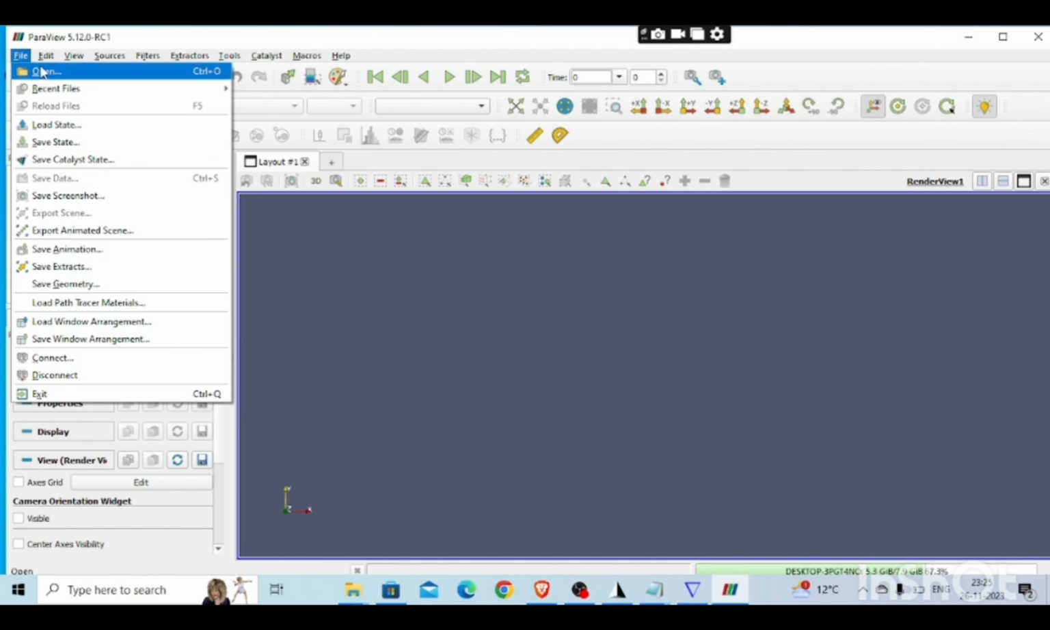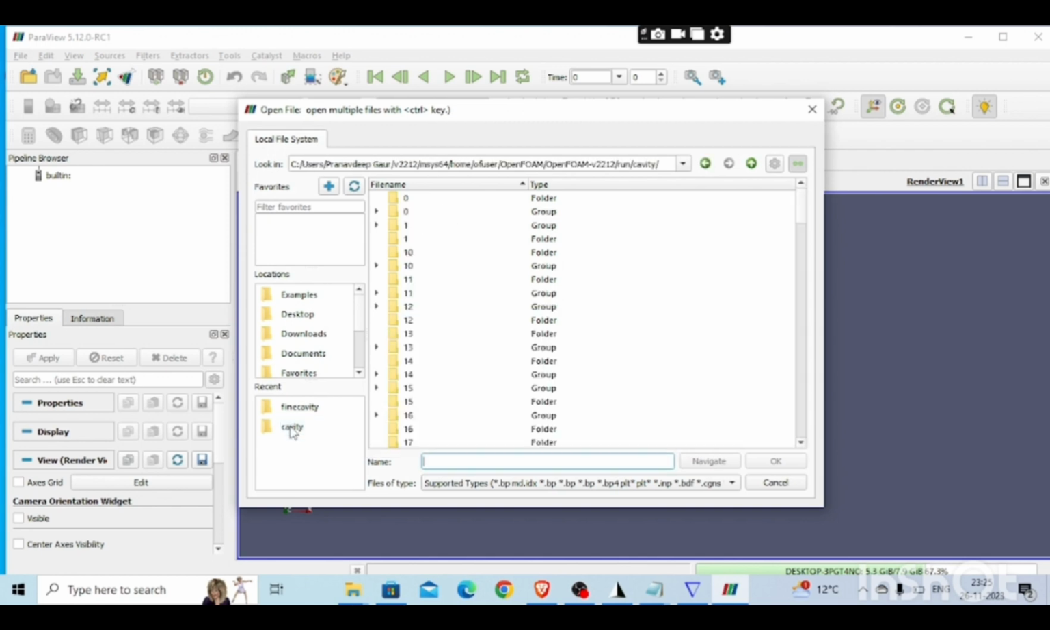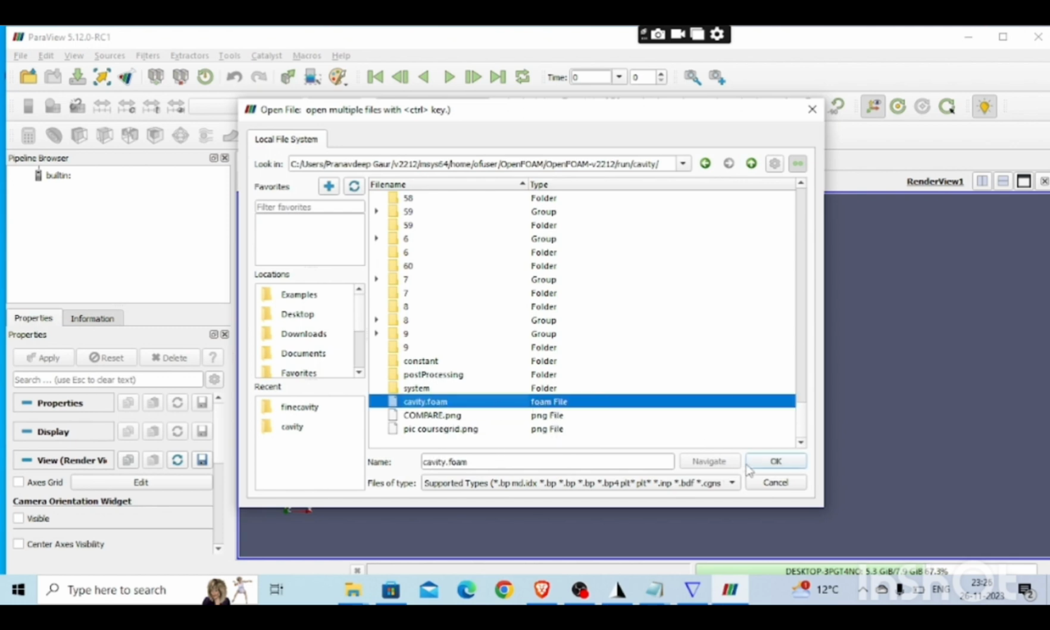For file, go to open, and this is our cavity folder and this is fine cavity folder. ये cavity folder में जो फाइल है, ये वो केस है जो हमने पहले रन किया था, तो हम इसको ओपन कर लेते हैं। ये हमारा फोल्डर ओपन हो गया है। इसमें हमको cavity dot foam फाइल ओपन करनी है, क्योंकि ParaView में यही फाइल ओपन होगी। इसको कर लेते हैं ओपन।